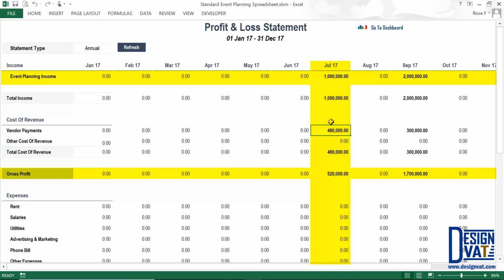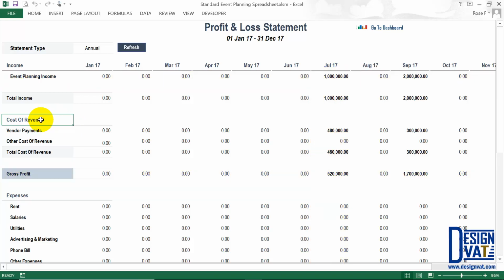So it's good to get a picture of that breakdown of the cash, so that you're not confused thinking you made 1 million. However, almost half of that amount did not actually enter your pocket; it pretty much transferred from you to the vendors. So the cost of revenue is the costs that are directly related to the services you render. In accounting, we have what we call direct and indirect costs. Direct costs, as I said earlier on, are costs that are directly related to offering the service. So things like vendor payments, transportation to the venue and back, and if you rent equipment for the service,